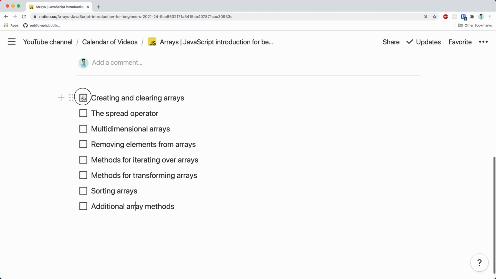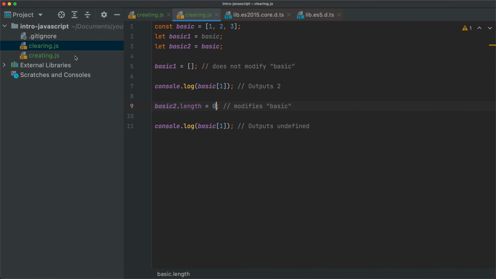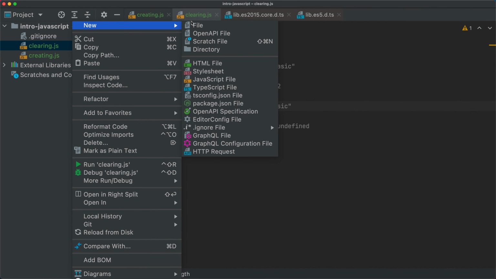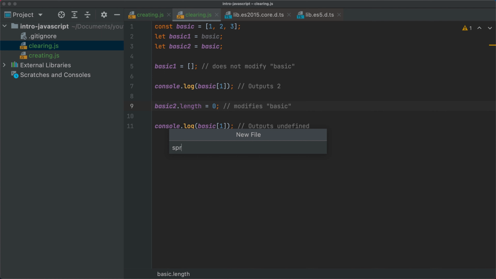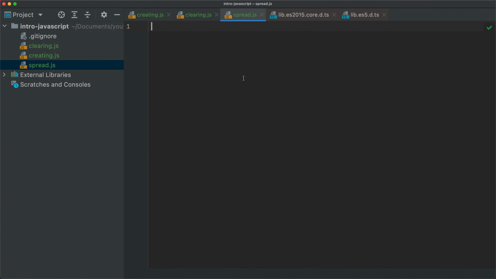Okay, now that we have a better idea of how to create and clear arrays, let's move on to talking about the spread operator in the context of arrays. I'm going to create a new file here, and I'm going to call this spread.js. The spread operator can be used in the context of arrays to copy all the values from one array into another array. So let's say this is going to be my first array, and I'm going to have a couple